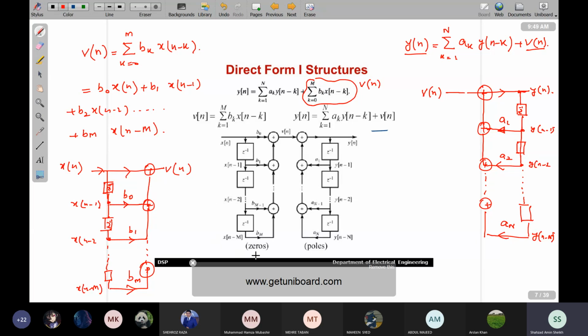If we see this, we have already talked about how the moving average portion is associated with the numerator of the transfer function, and this is associated with the zeros of the system. The denominator of the transfer function is associated with the poles of the system. So the denominator coefficients, which are associated with poles, जो हैं वो यहाँ पे हैं. a1, a2, these are not the poles, and b0, b1, b2, these are not the zeros. Rather, these are the coefficients. और जब आप इनके roots लेते हैं तो वो आपको poles और zeros बना देते हैं. We have discussed this in detail in chapter number 3. So that's my